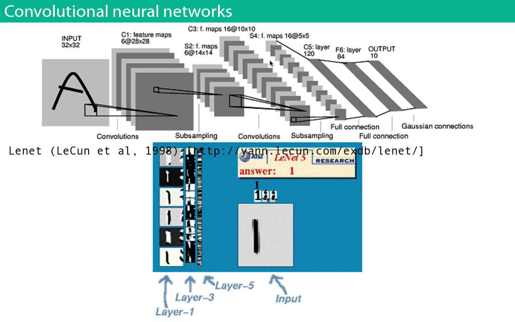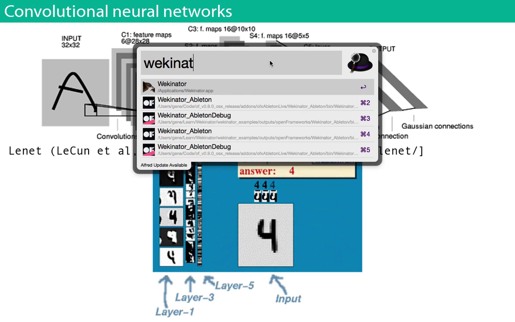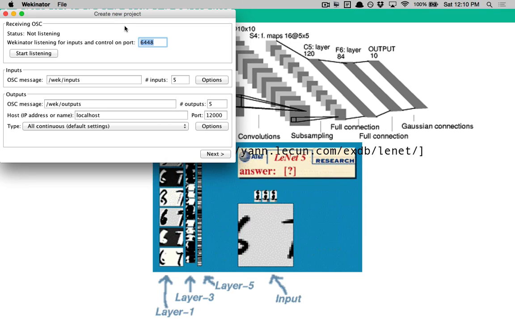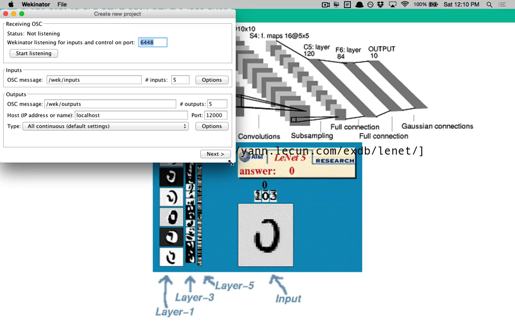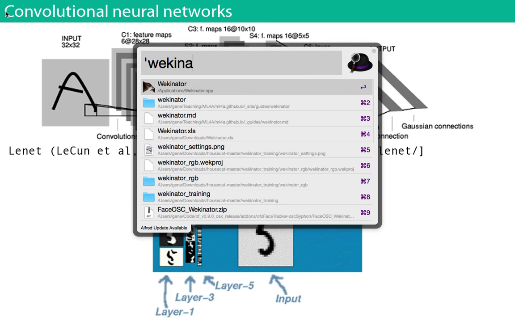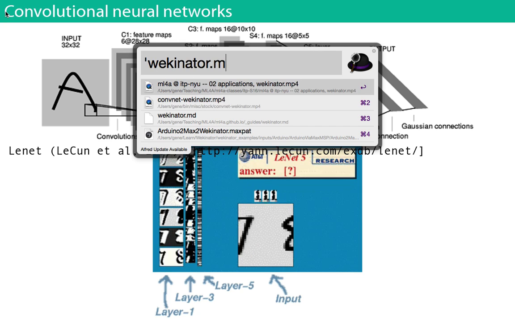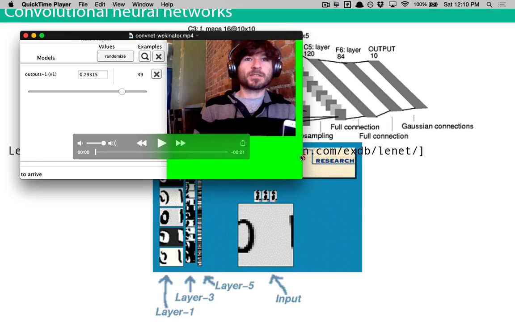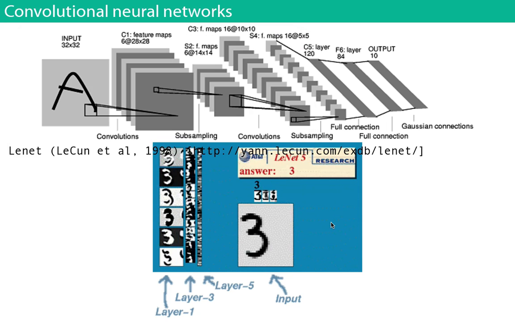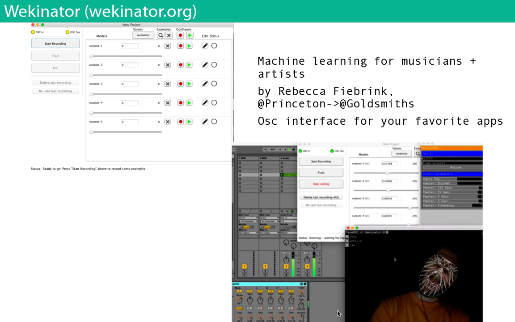Yeah, next slide. Okay, let me show you Wekinator real quick. With Wekinator, actually, this might take too long. It'd be better if I just show you this. This is what we were looking at just now. Oh, there's two of these. Let's just look at this one right here. This is what I was going to show you, but it'll take too long to set up, so I just want to mention it.